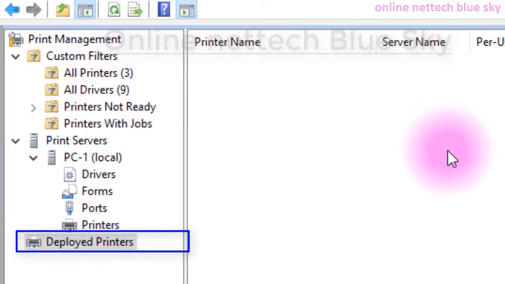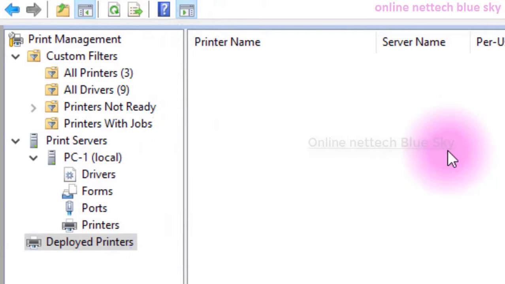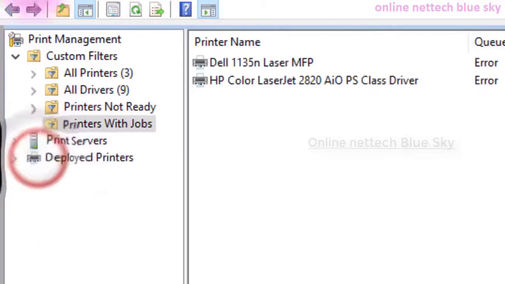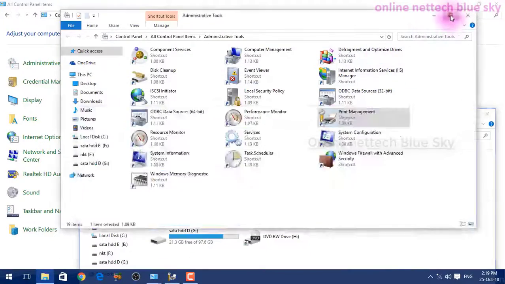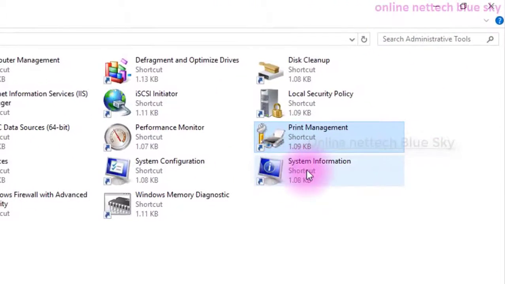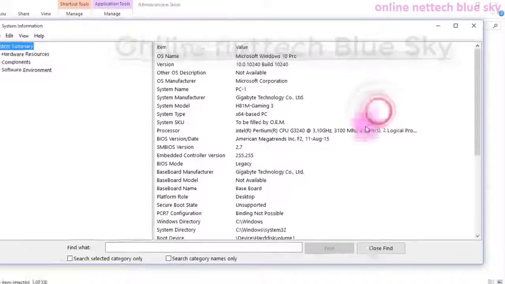How can we use it? So first you want to add a printer, and maybe you have no printer server, but you add the printer as you enter it in your communication in the network. So you can see here the printer name and server name. Okay, so first you must enter the printer server. Okay, so how can we add a server? I will discuss it in the printer series, the server.